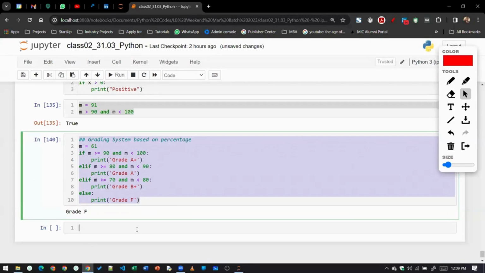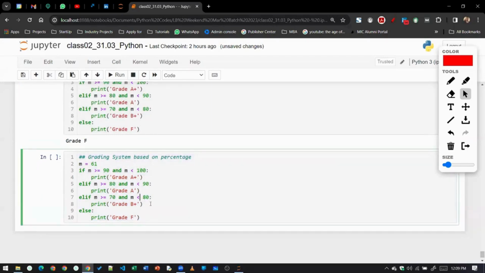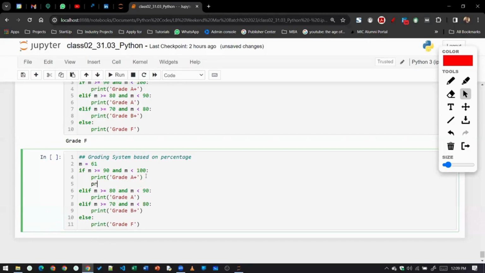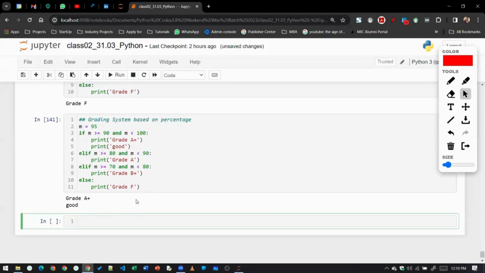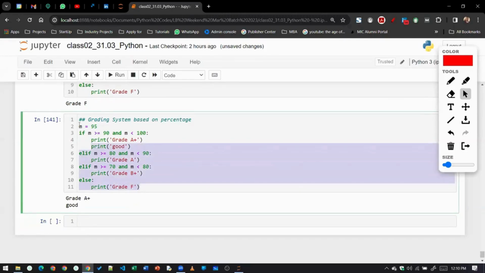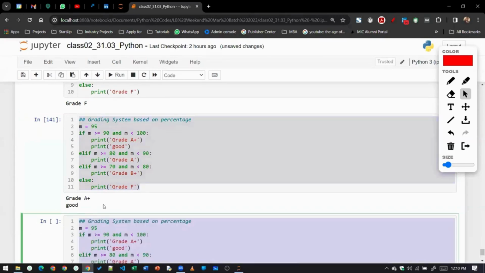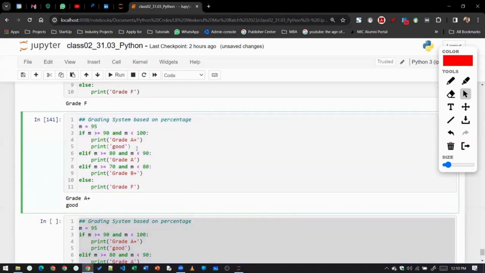Perfect. Now there is one more thing. Let me show you. Whenever we are writing a single statement, suppose I am writing here print A plus, and print good also. So right now there are two statements that are part of the first if block. Of this block there are two statements present, and both of them will get executed as soon as this